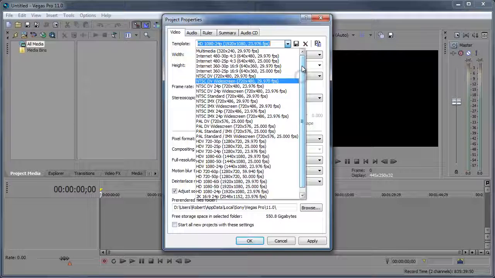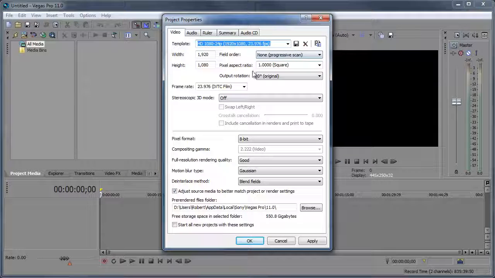Now, if your video was SD video footage, you can always go in, change it to NTSC standard 720x486 and whatever you need to use. Here we have the field order, pixel aspect ratio, output rotation, where you can change the rotation of the output. Obviously, you have the stereoscopic 3D mode. That's if you're using 3D footage, but we are not in this episode. We have the pixel format, mainly different settings that we don't always need to adjust. But if you do need to adjust them, you can always check out the help file for what each and